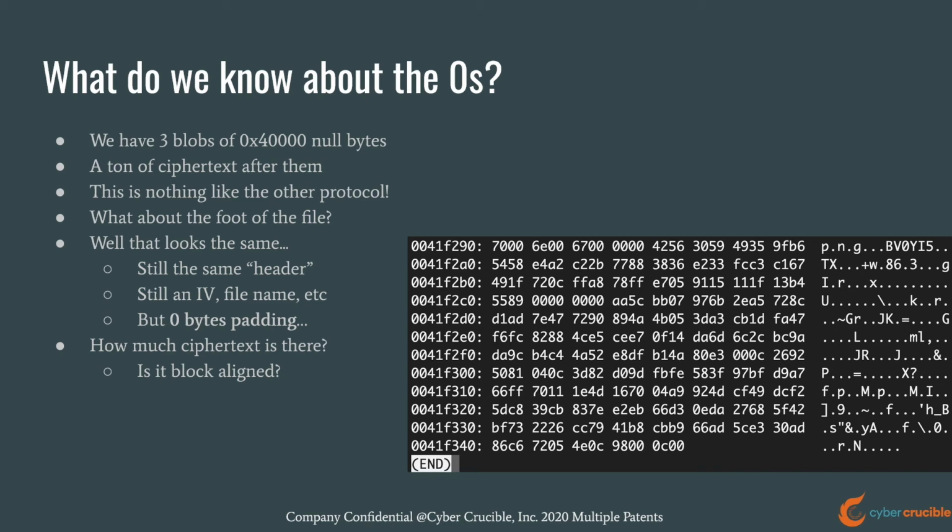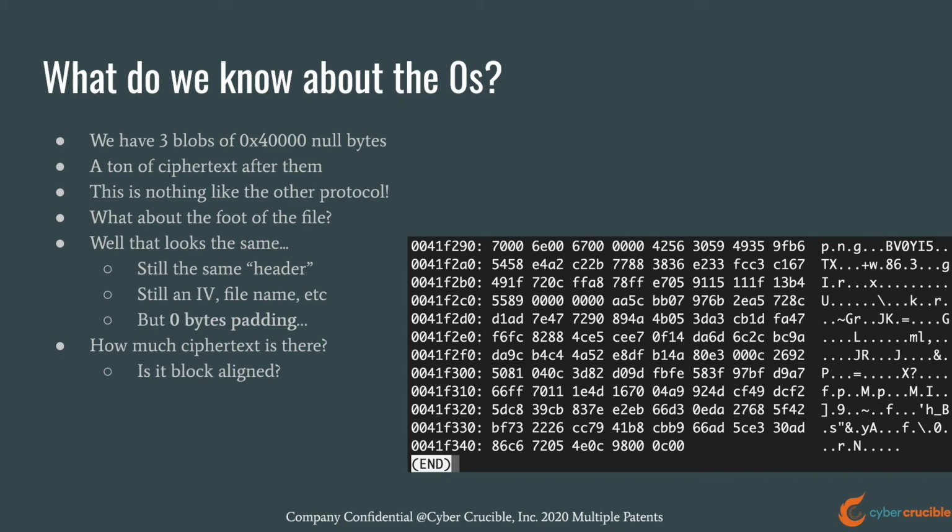There's still a file name. You can see it kind of starts with PNG. That's the end of the file name. There's still an IV. There's still padding. There's all this stuff, but the padding is 0 bytes. And that's possible in encryption. Sometimes it just happens that way, but it's pretty unlikely. Every file that has this protocol was always 0 bytes. That's the unlikely part. So that means that every single time this happened, there was never any need for padding,